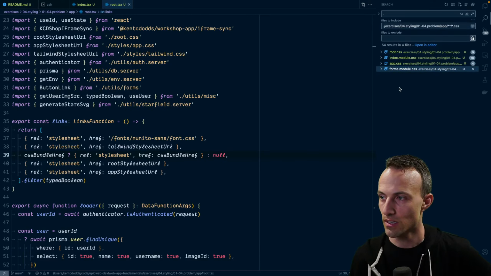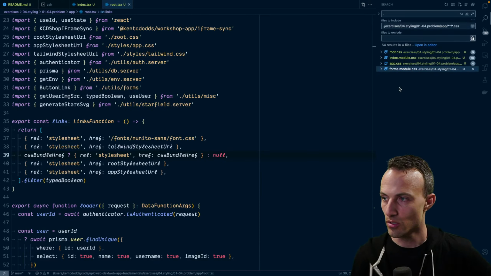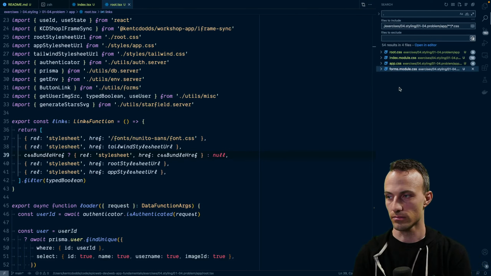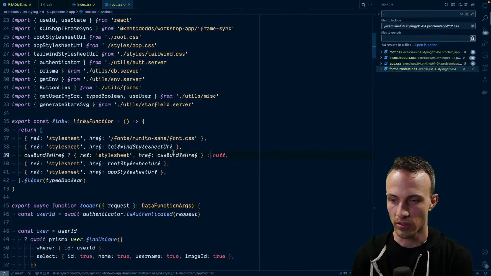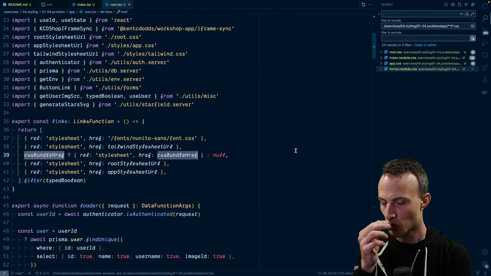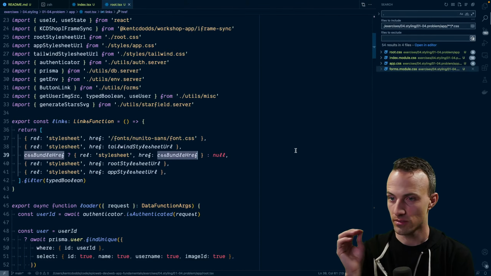We don't have any just global all the things. Maybe that's what our root should be, just for demonstration purposes. The CSS bundle href will allow that too. I don't think so. I think that's stupid.